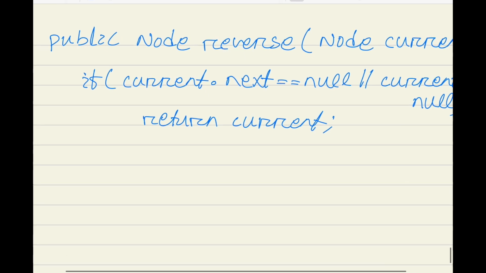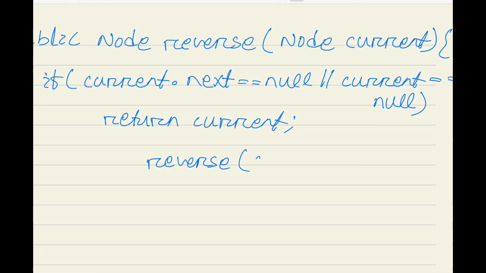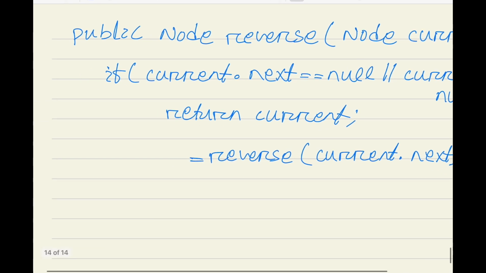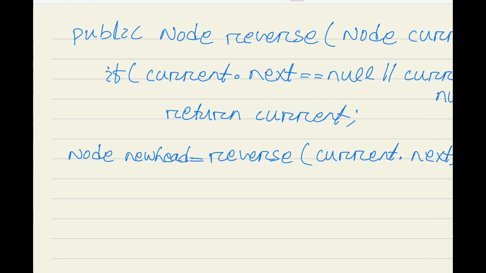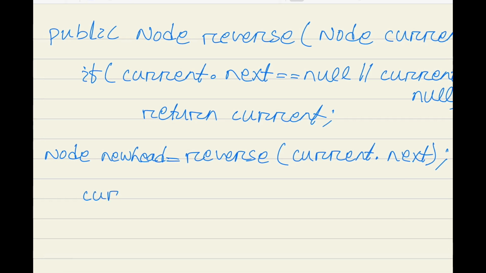Then we can write like this, or we are going to call the reverse method once again. Recursively we are calling the reverse method, and here we are passing the argument current dot next, and this reverse method is going to return one object of type node, and that is the new node. So here we can write node new head, that is the new head. So node new head equal to reverse current dot next, and while returning back we can update like this,